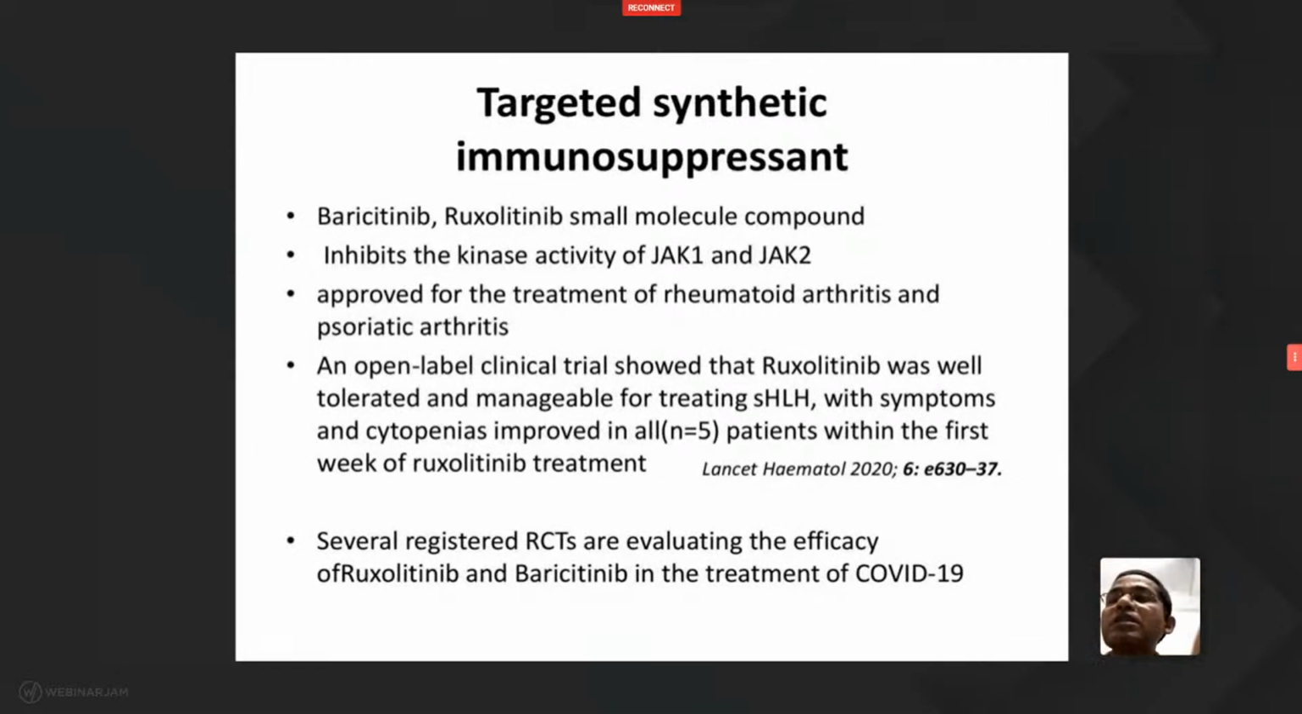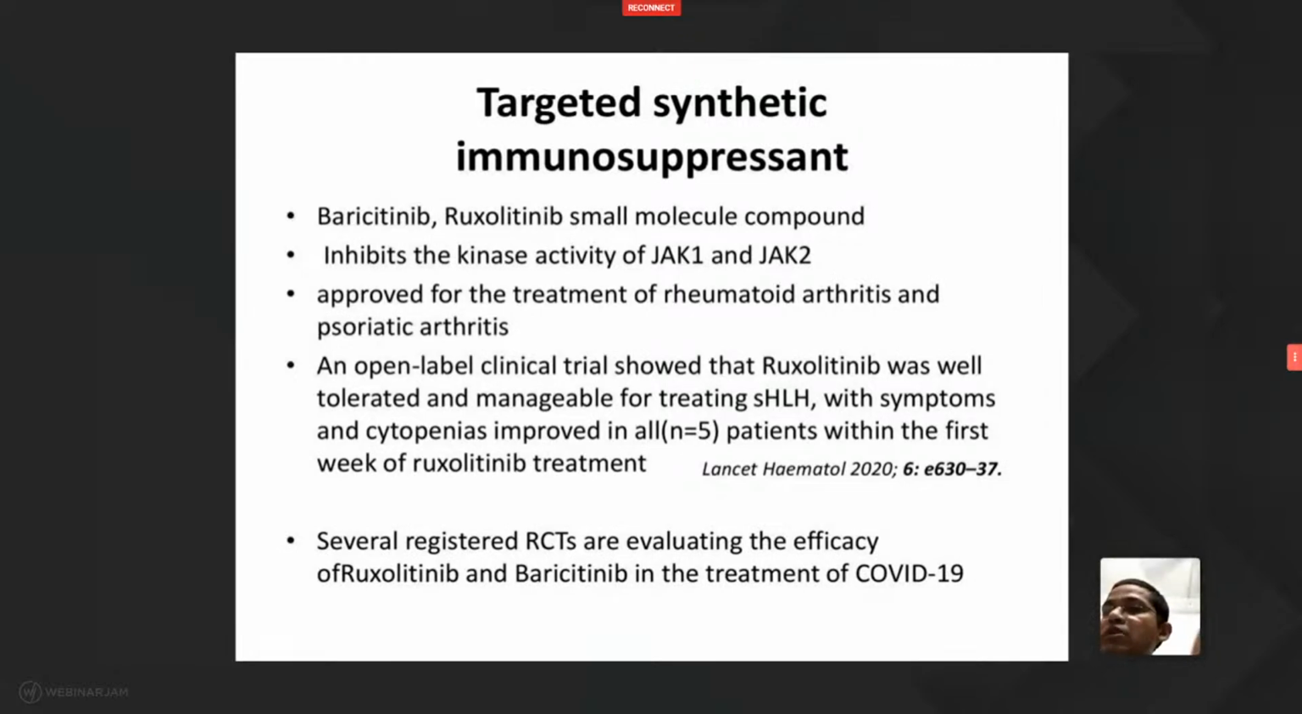Now these are the newer drugs which are JAK2 kinase inhibitors, that is baricitinib and hydroxychloroquine. It is a small molecule compound. It acts mainly as a JAK1 and JAK2 kinase inhibitor. These drugs are mainly approved for rheumatoid arthritis and psoriatic arthritis, and in an open label clinical trial, that is